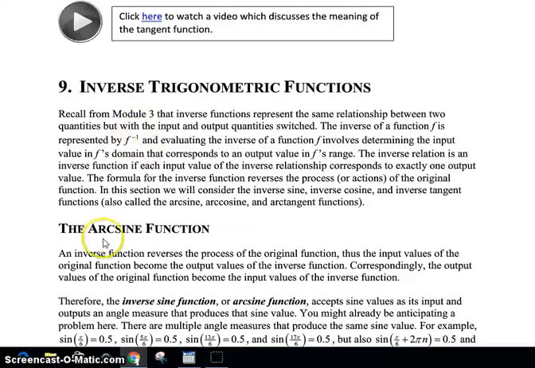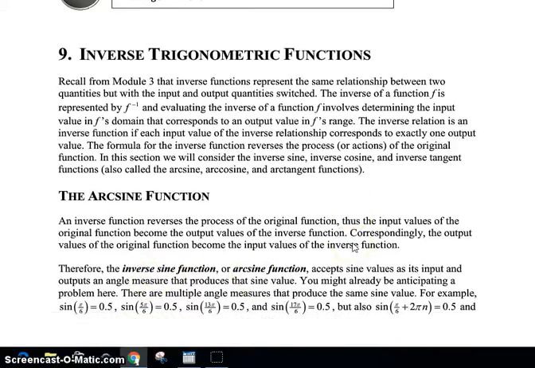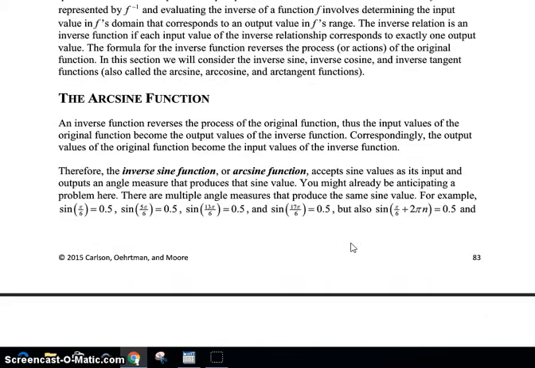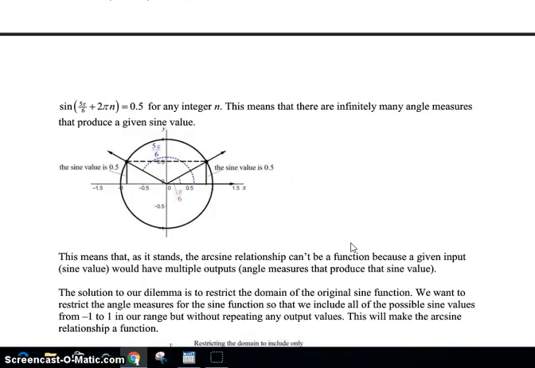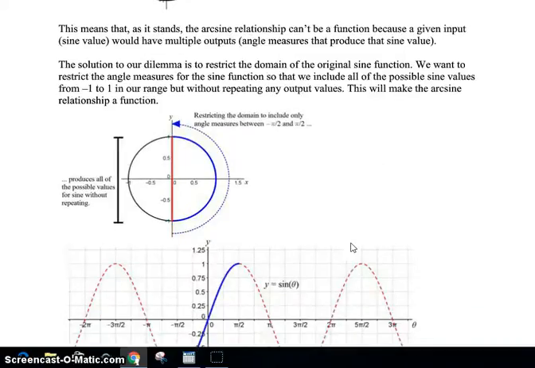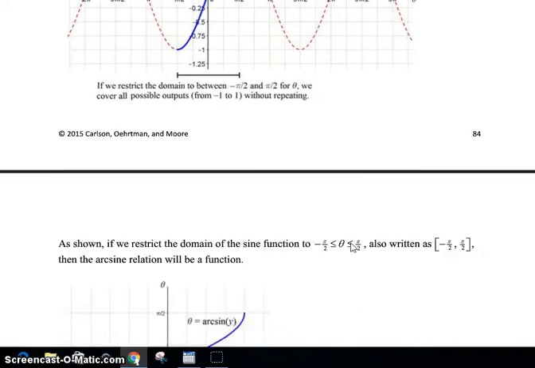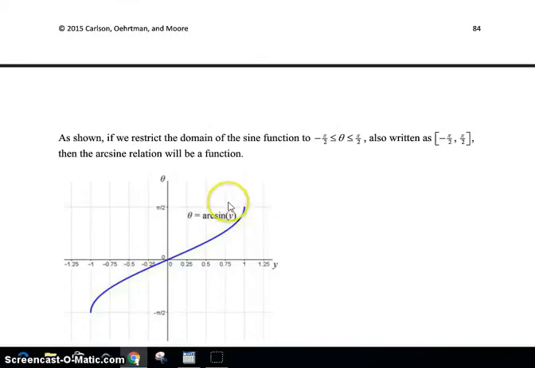So I want to point out this traditional word for inverse sine. Right here at the middle of your screen, I'm circling the word arcsine. That's another name for inverse sine. So that's a traditional name we can use. And let's see if we pull down the text a little bit. Let's see if they use the inverse symbol of the superscript -1. I'm going to scroll back here in just a minute. It looks like they're using arcsine, and I'll show you here in a minute the symbols that your graphing calculator